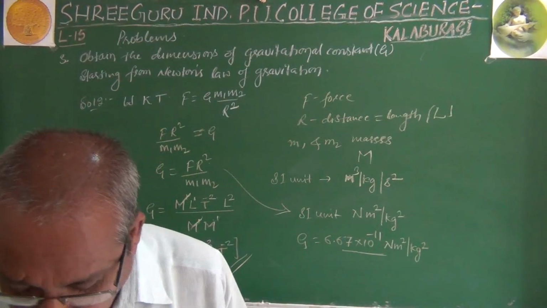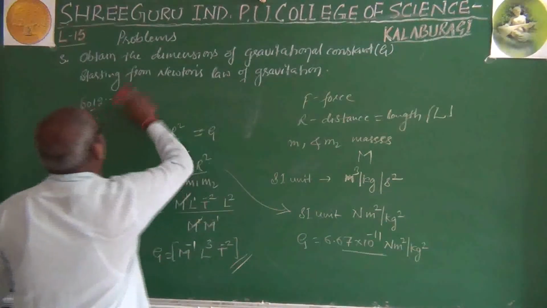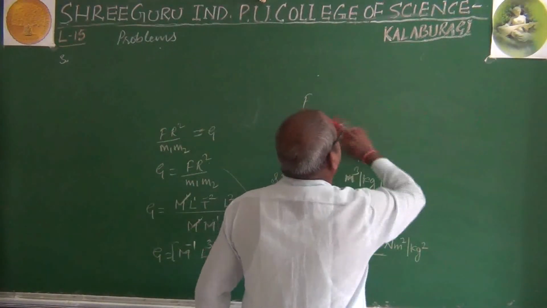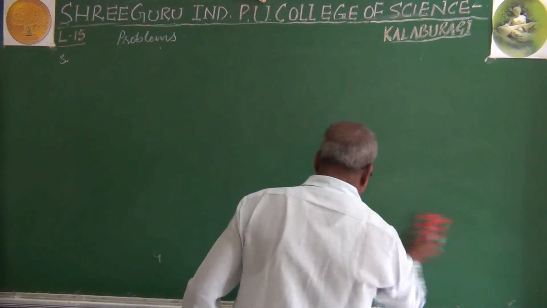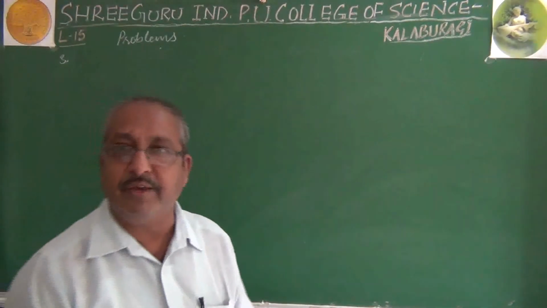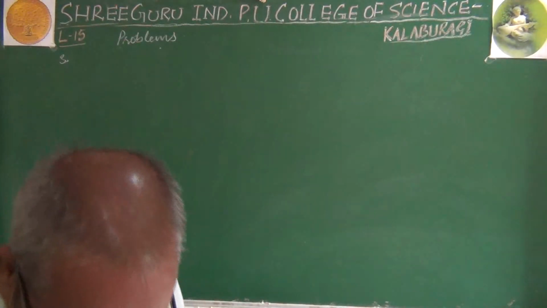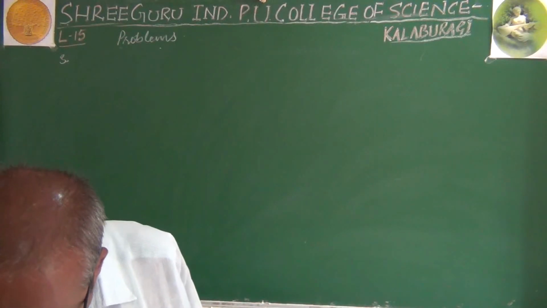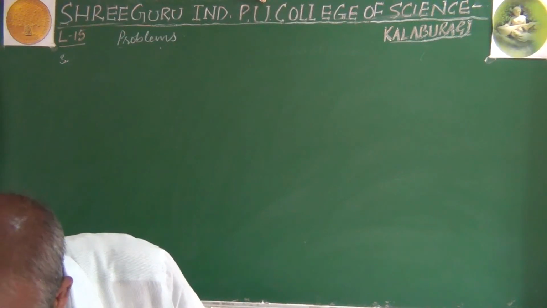So here we will go for one more question. There is also one more use. In case of the users, to check whether the given equation is dimensionally right or wrong, that also we have to find out. And for that purpose here I will give you one more question, and it will help to check whether the given equation is dimensionally right or wrong.